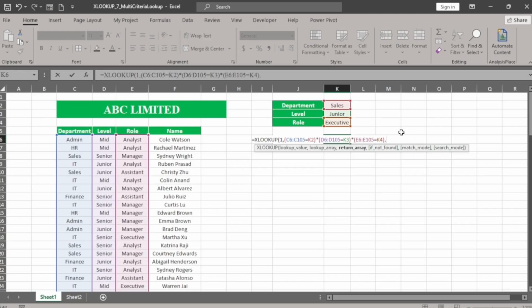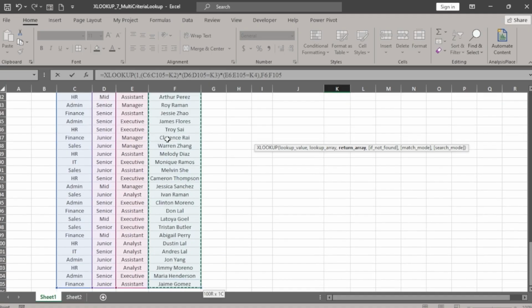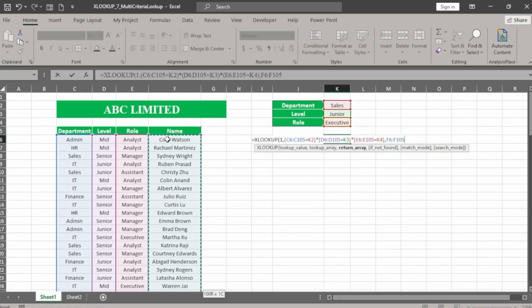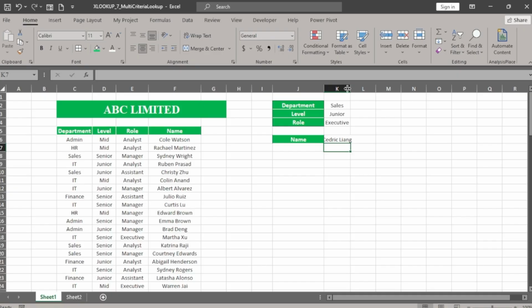That is our return array. And the return array is we want to get the name of that individual that fulfills these three criteria. So we are looking for it in the name range. Hold Control, hold Shift, press your down arrow, then Control backspace to return where we are, and then we have to close our parentheses, and then we hit enter, and automatically the name of the individual displays here, which is